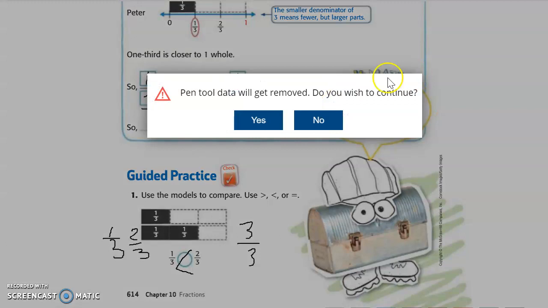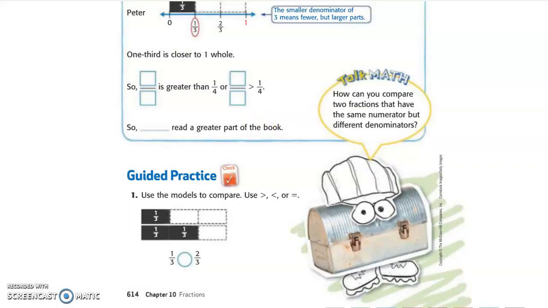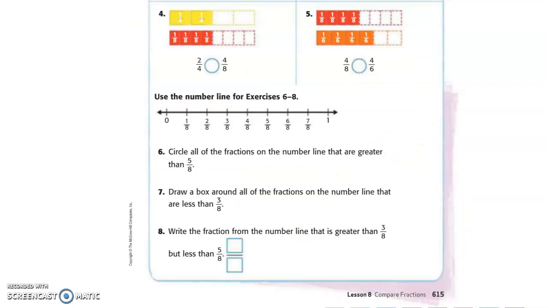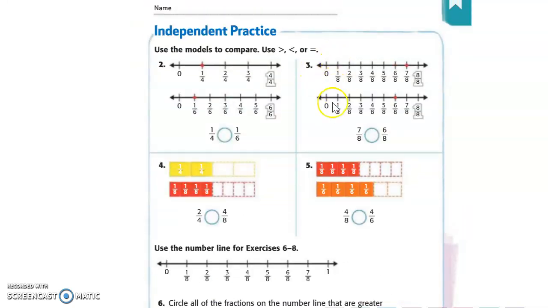Now let's take a look at the page you're going to work on today. On your page, you'll see you have the different number lines, but you also have some fraction tiles that you'll look at to help you compare. I see right here on number 3 that I have the same denominator. So I'm not even going to bother looking up here at the fraction number line, because I know right away, since both of these are the same, I just have to look at my numerator and I know, okay, 7 is bigger than 6. So I would be drawing my greater than symbol